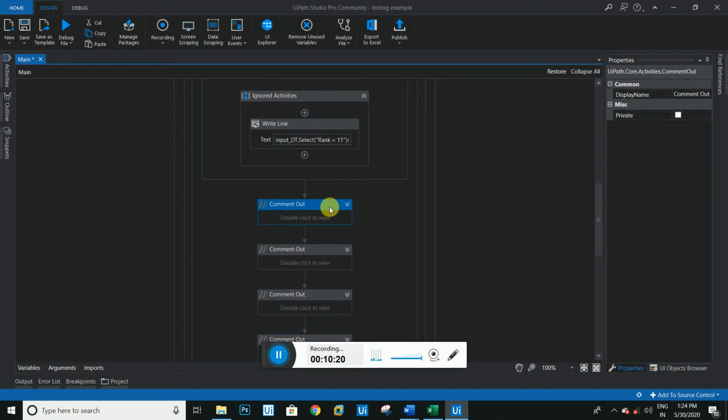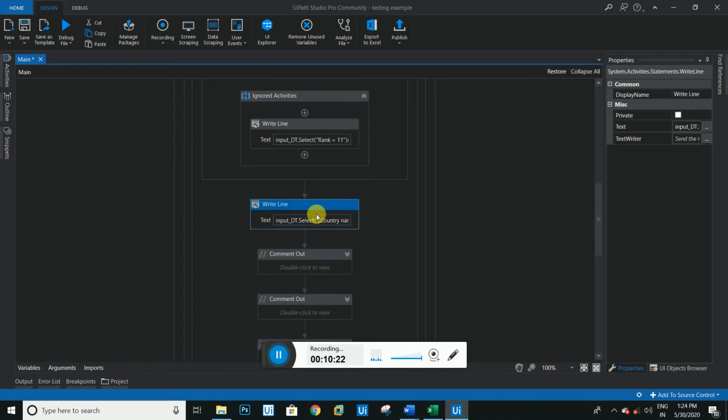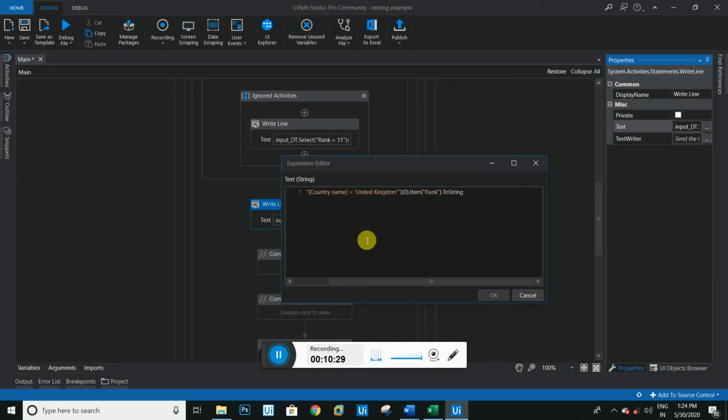So this is the other activity. You have to enable this one and we'll find it here. So here guys, you will check this one. Let me move here. This is our input data table. Input data table dot select is selecting the country name. So here I am showing you how to use a column name, apart from the index, in a particular select statement. Here we are selecting the country name, this is a column. You have to pass this value in a parenthesis, like you are showing here.